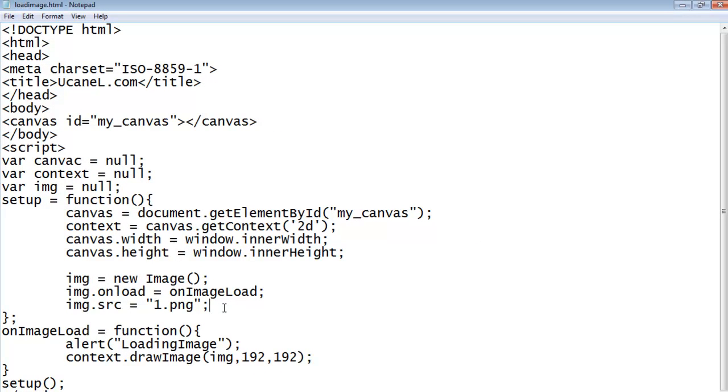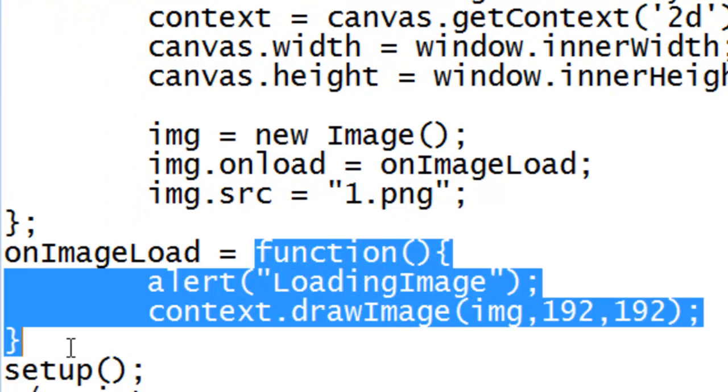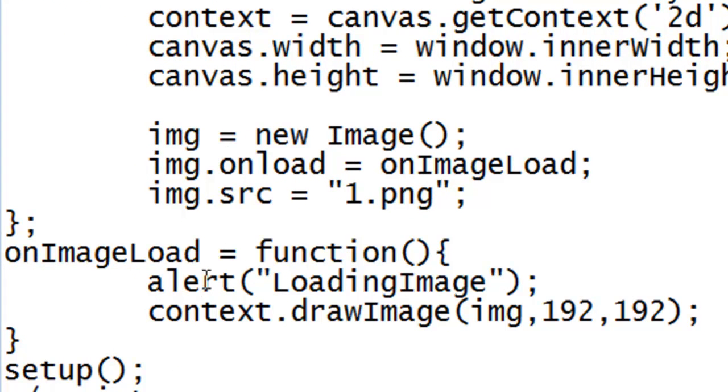Now let's see the onload image that we have defined. Again, I have given an onload image function declaration. Inside that, I'm creating an alert. Alert is a pop-up that comes. Why have I given this alert? So that when the image gets loaded, this function will be called and we can visualize that an alert is coming, which means the image got loaded. This we'll remove at a later point of time.